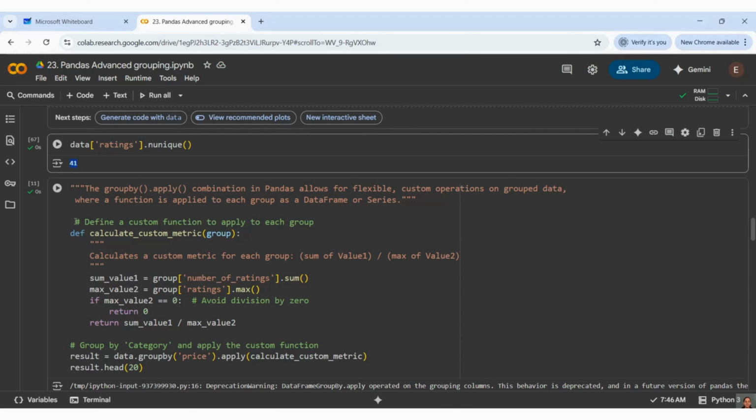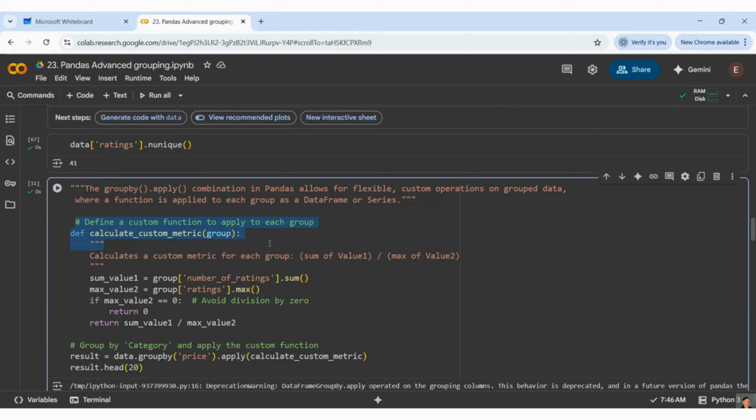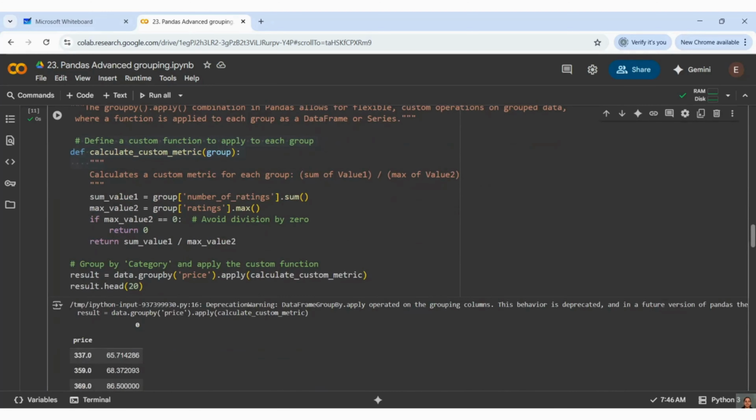I want some metric value, like dividing sum by max of each data point. I have passed my group because the expectation is group only, right? It is not an individual column. If it were an individual column, then I would have passed it here as a column, right?